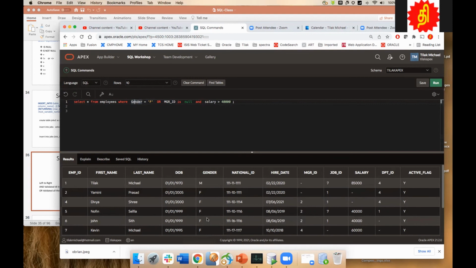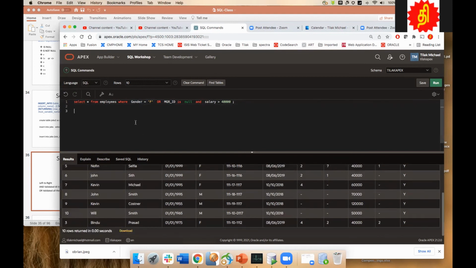Now, for example, you got 10 rows. What I do here is put a bracket around the whole selection stage. I'm telling it that the OR condition applies there, and whatever comes out of that will have the salary condition applied onto it. So basically, either gender is female or manager ID is null, and salary has to be above 40,000. So anybody who has 40,000 is not going to come here because the AND is applied to it. So either female, or manager ID is null.